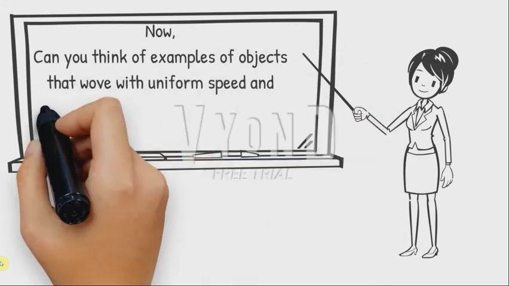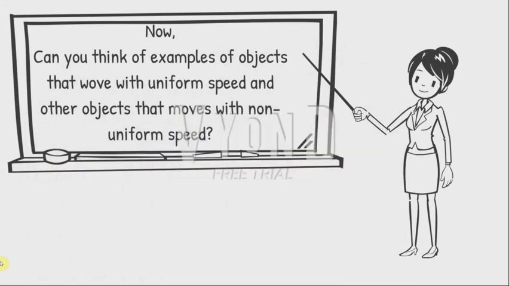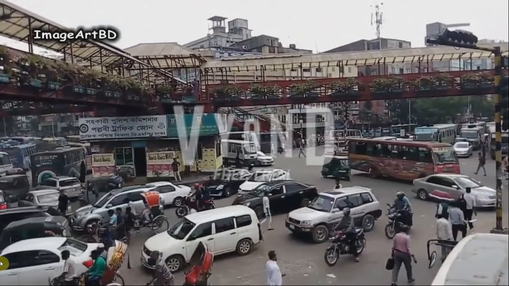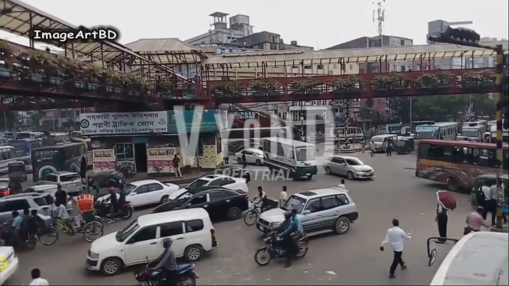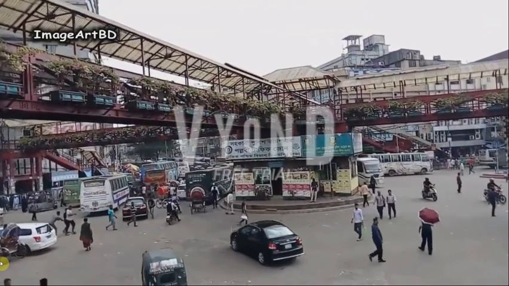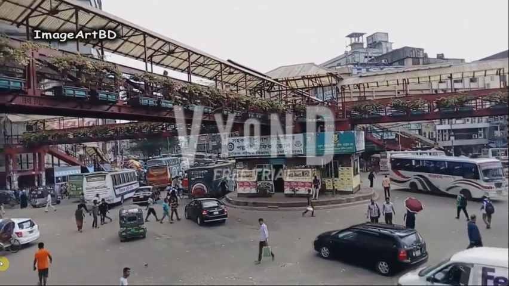Now, can you think of examples of objects that move with uniform speed and examples of other objects that move with non-uniform speed? This is a very good example of objects that move with non-uniform speed, of course, because even people walking on foot cannot keep a uniform speed or a constant speed. They are moving fast or slow according to the conditions around them, according to people who are riding bicycles, according to people who are riding motorcycles, or even people who are riding or moving with cars that can appear suddenly